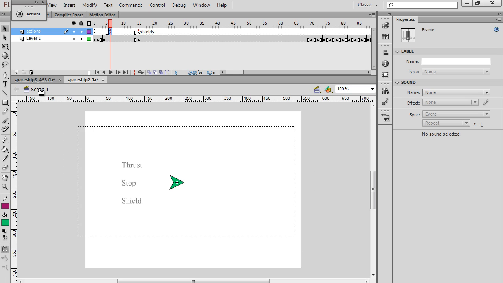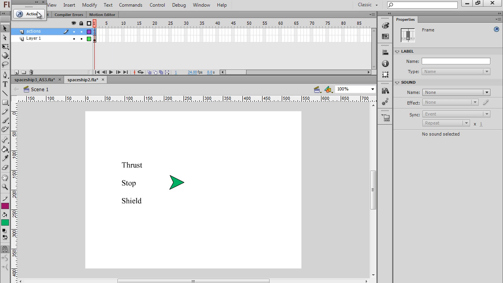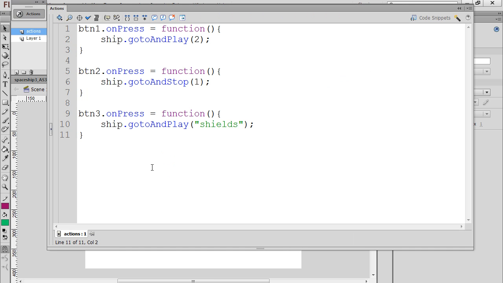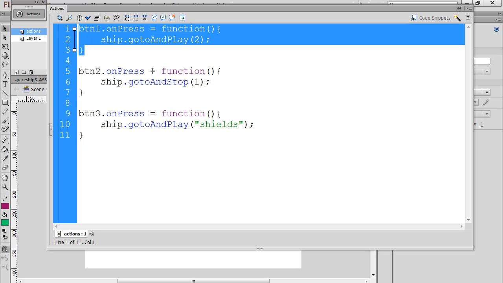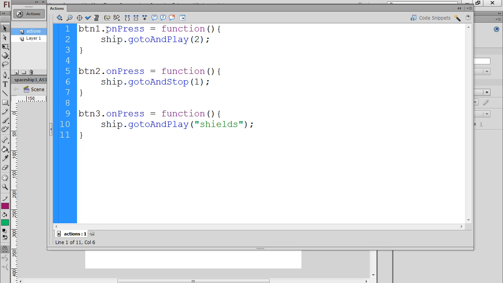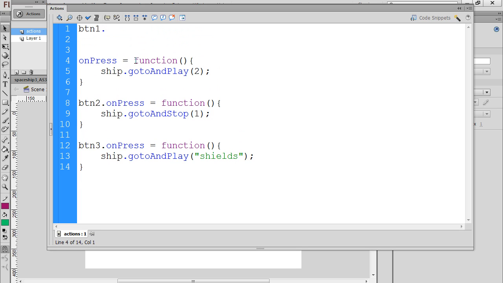So we'll go back to scene 1 and we'll look at our action script, and this is where we'll need to make our changes. First of all, if you look here in this Actionscript 2 code, we've got the button and the event handler and the function all written into one statement. So we're going to need to change this. What we'll do is move this down here, and we're going to have to basically separate our functions from our buttons. So we're going to go like this,